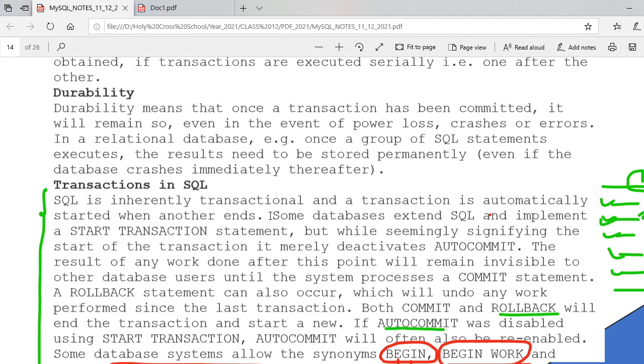See here, in MySQL, the problem is the auto commit command. After every auto commit command, your save point is disabled, whatever save point you are going to give. Got it? I am talking about MySQL only.